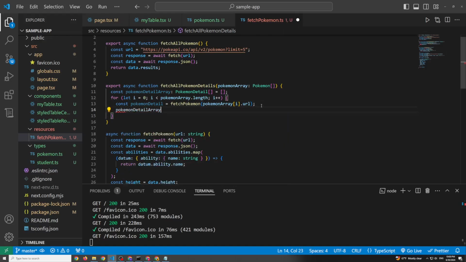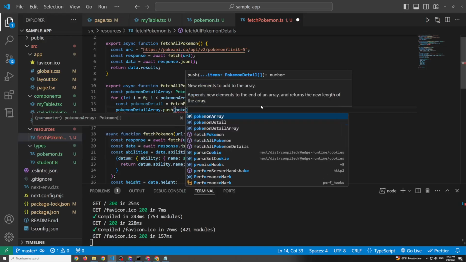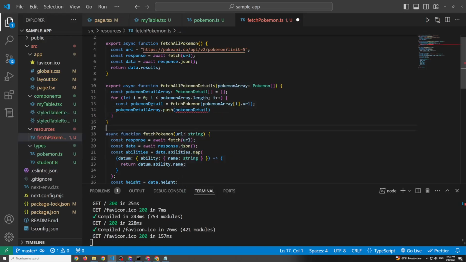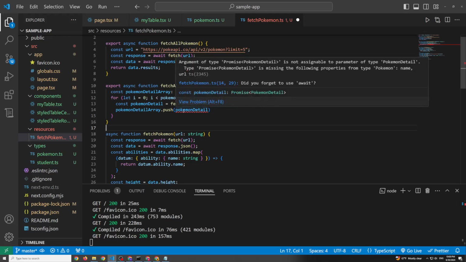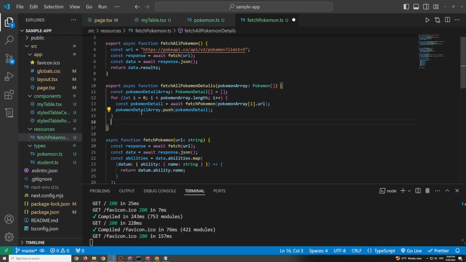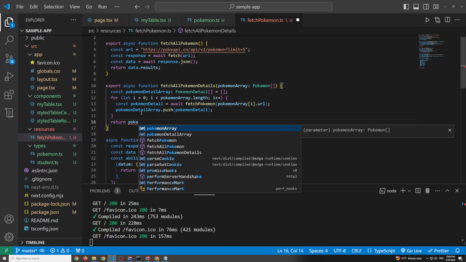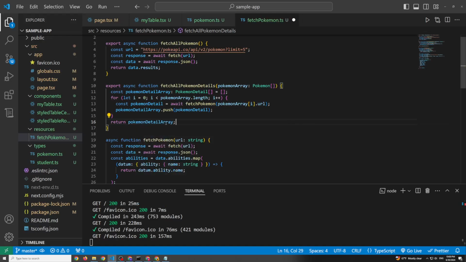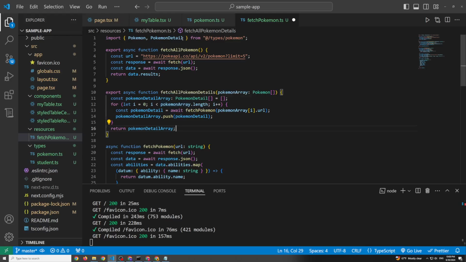So we'll say pokemonDetailArray.push(pokemonDetail), because now it's being returned here, but it doesn't like that because it says it's a promise. So we need to await this first. And now we should have everything here. Now we'll return pokemonDetailArray,